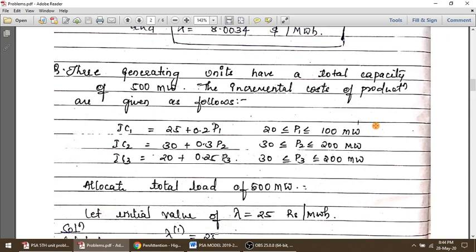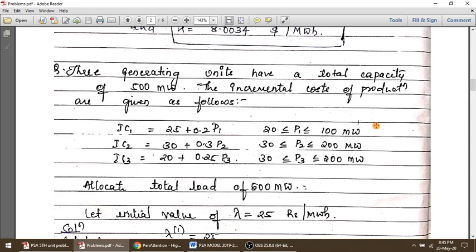Once we have reached a certain convergence or accuracy level, then we check if any units are violating their limits. If any of the units are violating their limit, we will fix the power output of that unit according to its limit. Clear? Then we will calculate the delta P value again, and the lambda value will be updated, keeping in mind that the limits are now considered. We will look into the problem now and understand it more clearly.